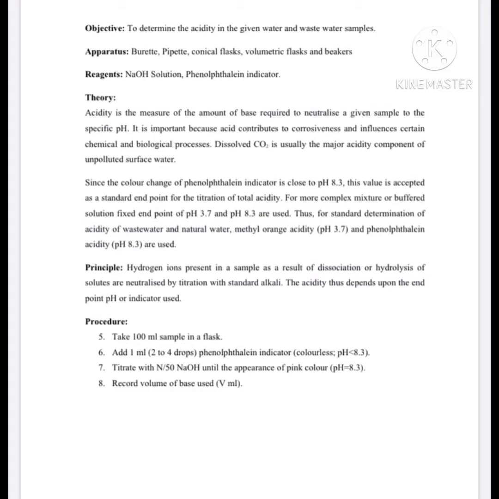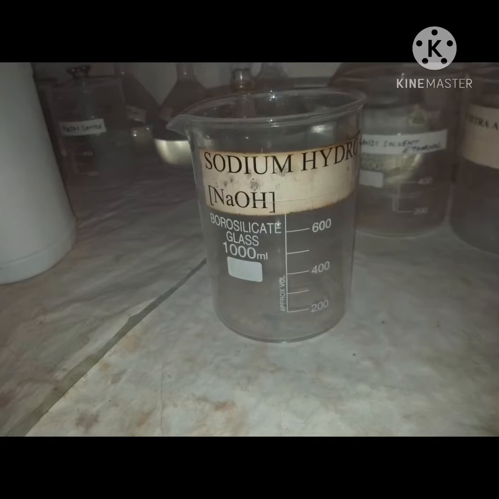How do we determine acidity of water sample? So same the process just like as the alkalinity. We do a titration with a standard base. So the base used is sodium hydroxide, because obviously we have to determine the acidity. So in the titration process, the titrant used will be a base that will neutralize the acid.